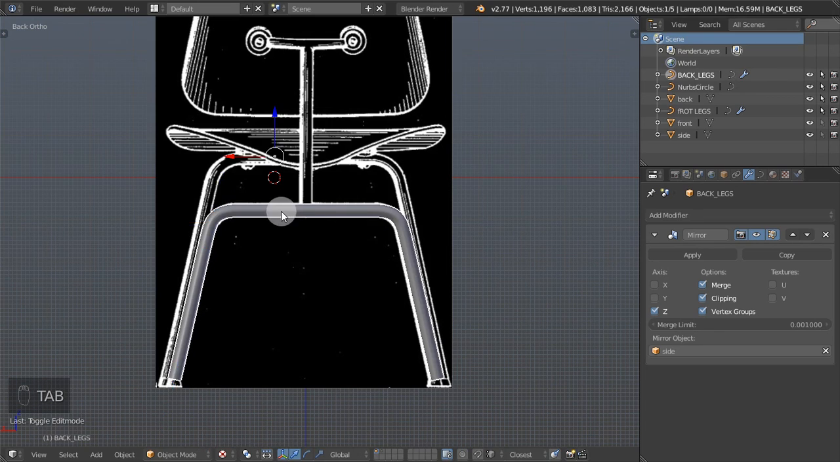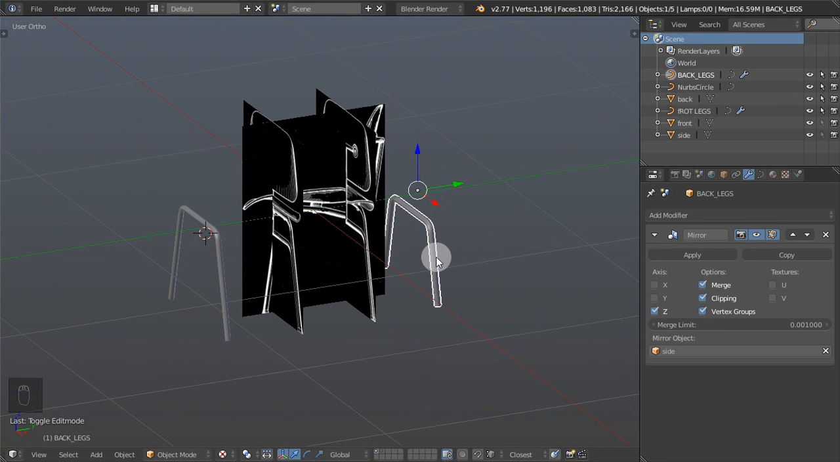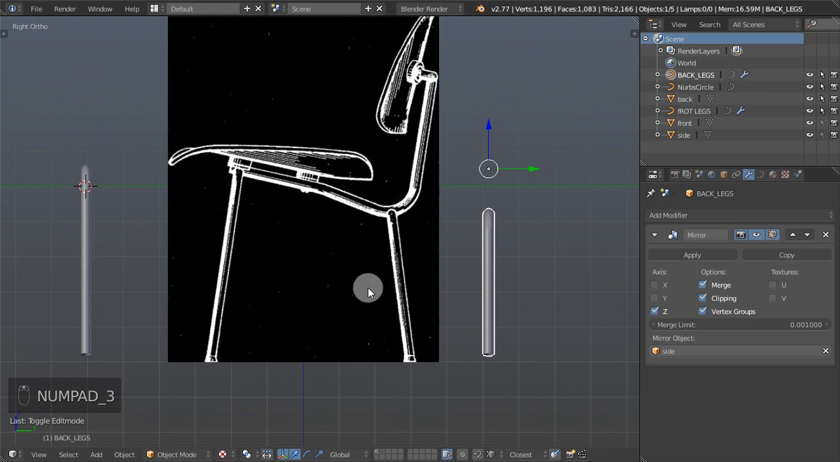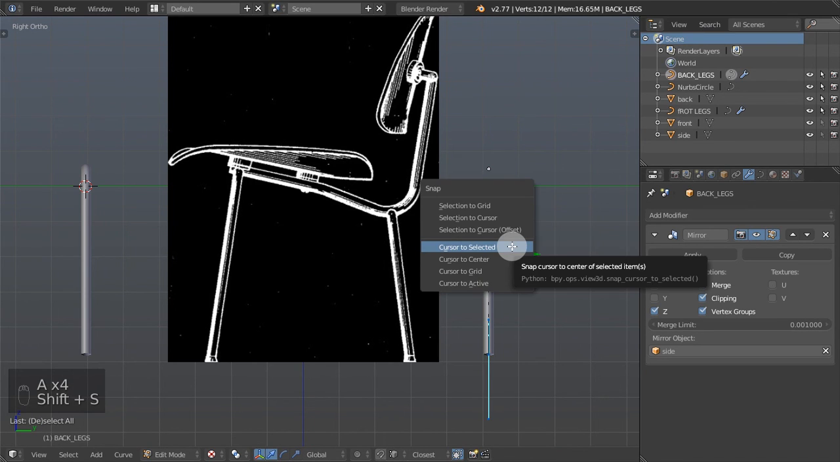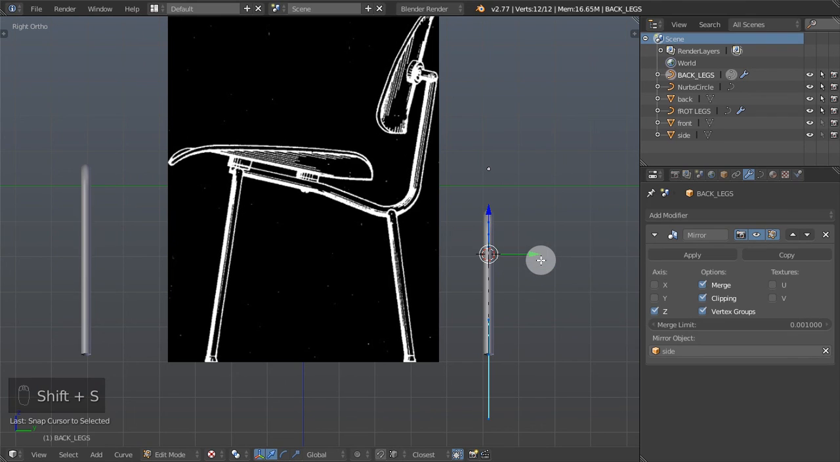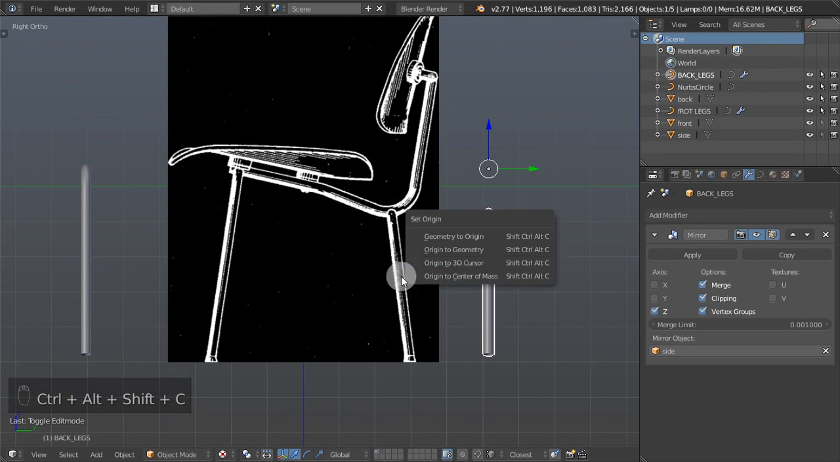Alright guys, so now we have all those front and back legs. They are looking quite good. Let me position them on the side blueprint so we can see what the model is going to look like. Again, the origin has changed, so we go into edit mode, select all, Shift S, cursor to selected, go out of the edit mode,